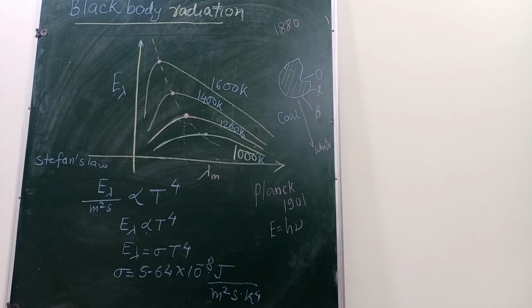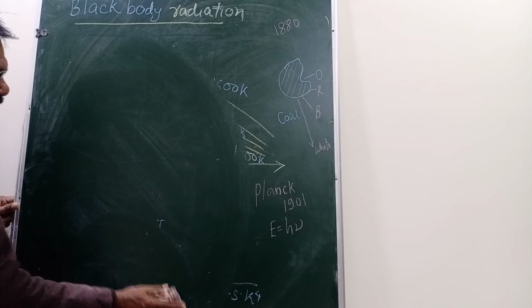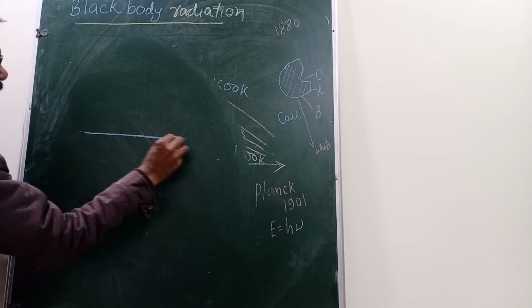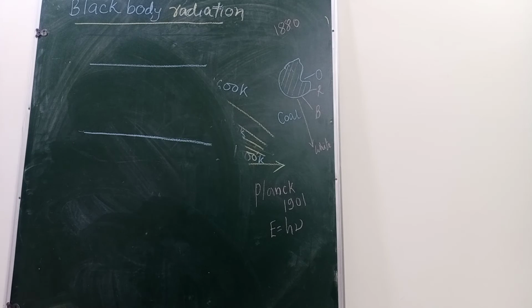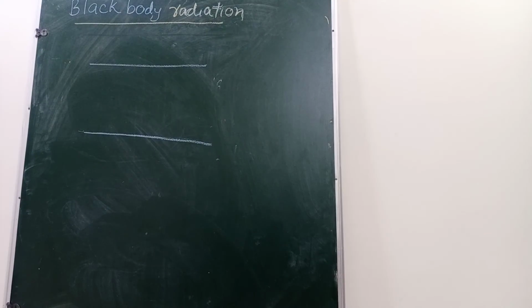We have one more thing in our syllabus, that is the greenhouse effect. You all know about the greenhouse effect. Due to the trapping of carbon dioxide in our surroundings, the temperature is increasing. So suppose this is our earth and this is our blanket of carbon dioxide. When radiation falls over the surface of the earth, it is the tendency of the carbon dioxide molecules that they absorb the radiation. They absorb the IR radiation.